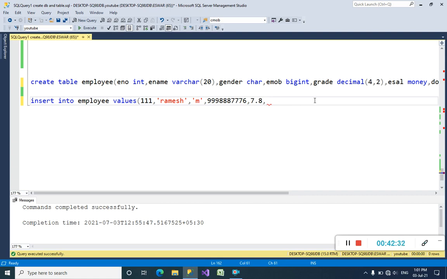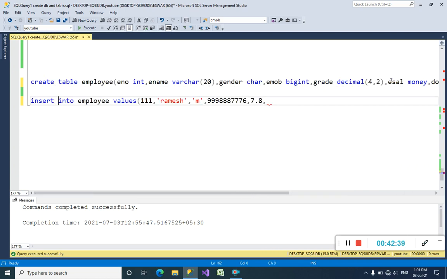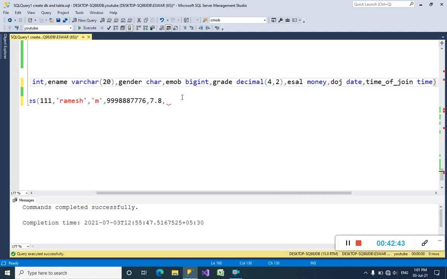Next, after grade, what have we created? His salary, the money column. I want to store his salary, like 89,000 or 8,990 rupees or 99 rupees. Money is also a numerical data type.